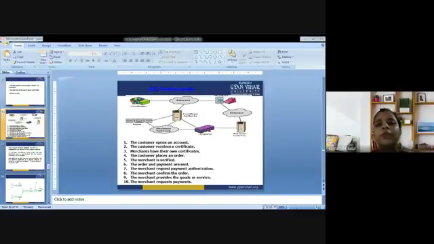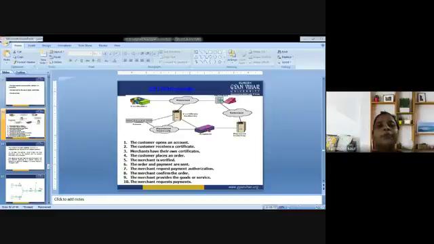So the SET protocol was supported in development by major organizations like Visa, MasterCard, as I told you earlier, Microsoft, which provides secure transaction technology, and Netscape that developed Secure Socket Layer. So it restricts revealing of credit card details to the merchant, thus keeping hackers and thieves at bay. The SET protocol includes certificate authorities for making use of standard digital certificates like the X.509 certificate.